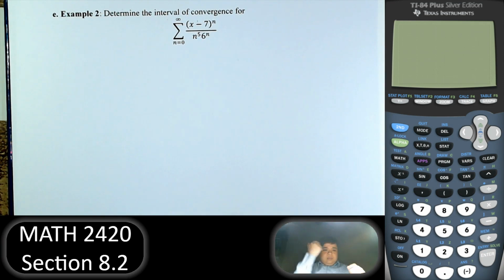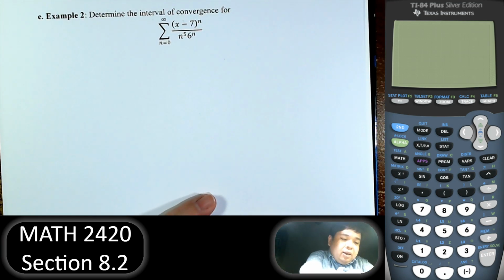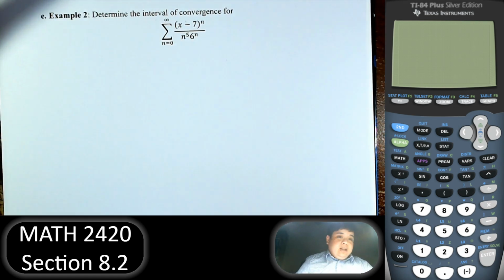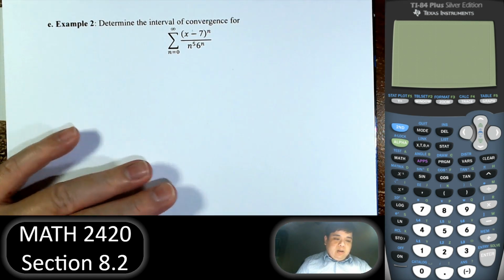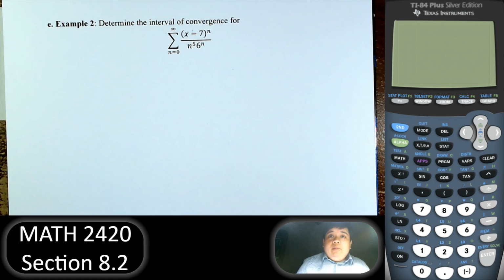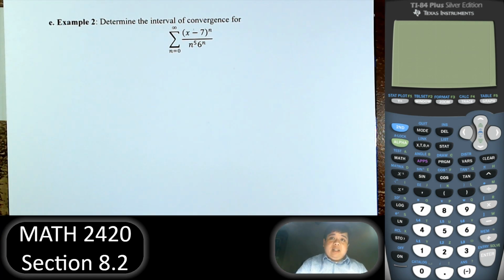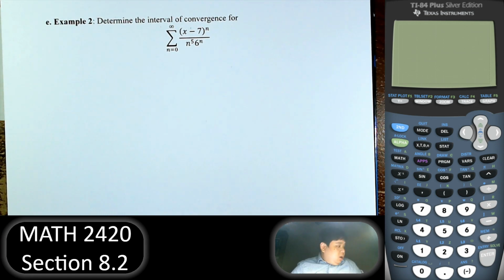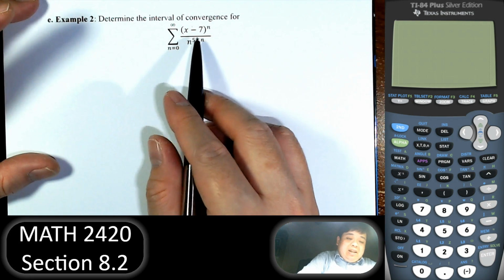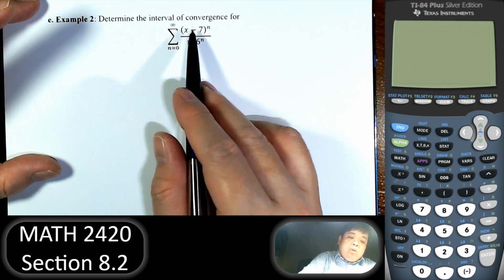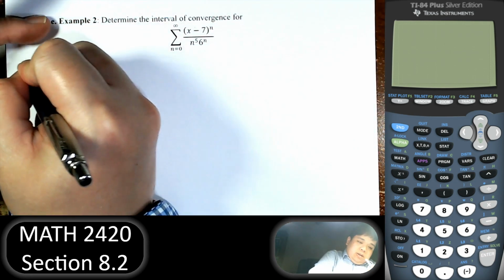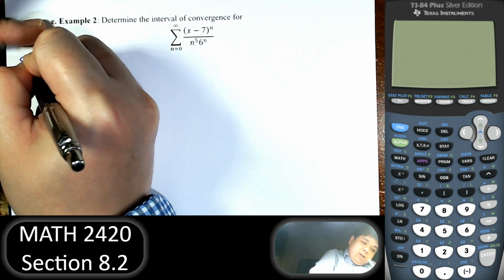Right. Now, this one: determine the interval of convergence for this series, right? So yeah, if we have enough space, I'm going to do both. Right. So first, if we use a sub n, that means we'll ignore the power term. So it's a solution